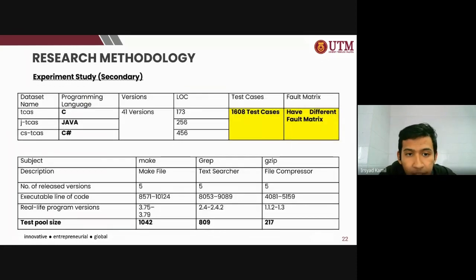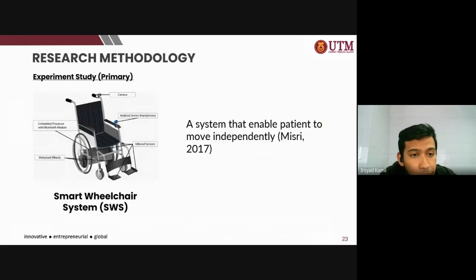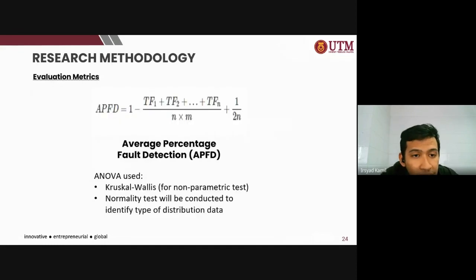So this is the experiment study. The secondary experiment study is an outsourced, open-source dataset. There are 1,608 test cases, and it is equipped with the fault matrix. For the primary study, I use a smart recheck system, which is fully equipped with a camera, Android device, infrared sensors, motorized wheels, and an embedded processor with Bluetooth module. This system was built by our degree students for their final year project. For the evaluation metric, I use APFD, average percentage of faults detected, and for the statistical test, I use